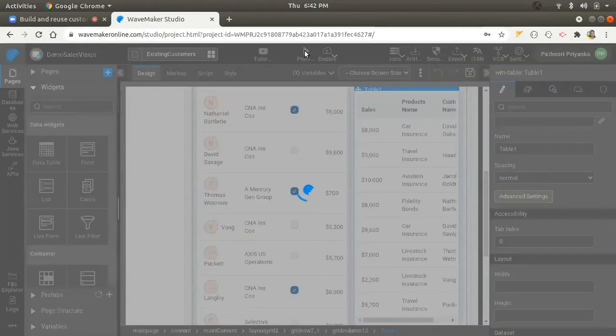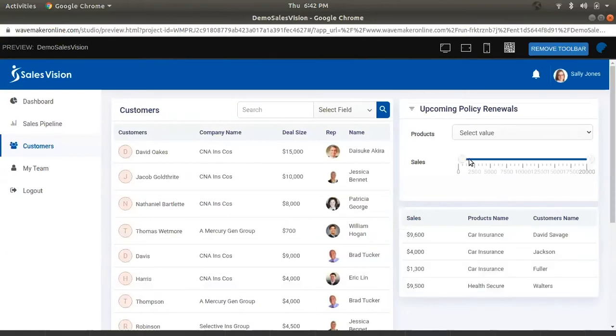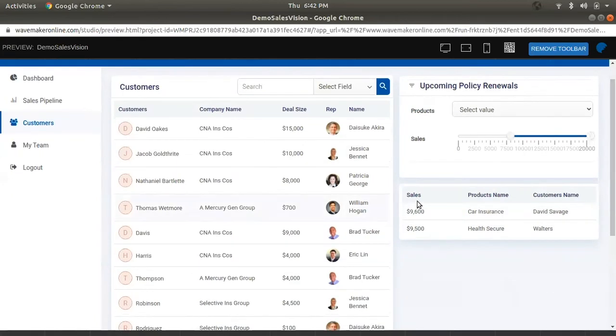Now let's preview the application and see the data. Once I start selecting the sales values, the data in the data table is getting updated with these values. So this is how we achieved the filtered data of the upcoming policy renewals. With this example, we can see how easy the interaction is between the Waymaker widgets.